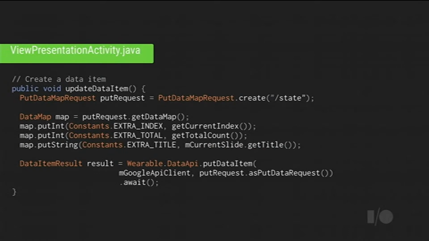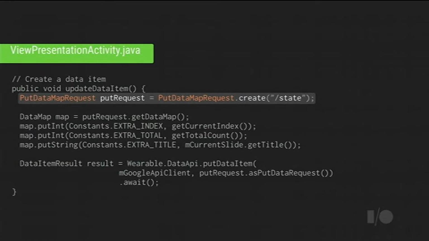Let's take a look at data items. So like we said, URIs are everything in this data API. And we do that because it's really easy to create them and parse them using existing Android classes. So in this case, I am creating a data item that's going to manage the state. What is the current index and the current title of the presentation slide that I'm on?